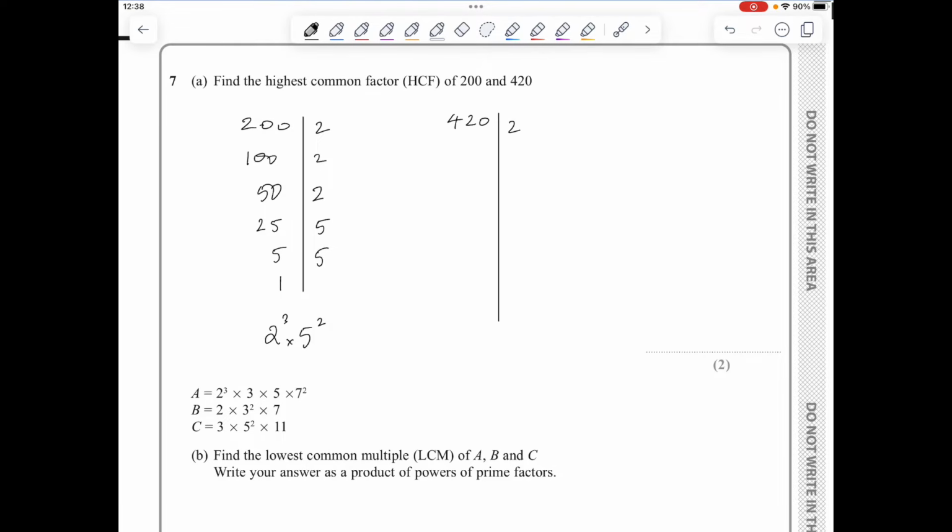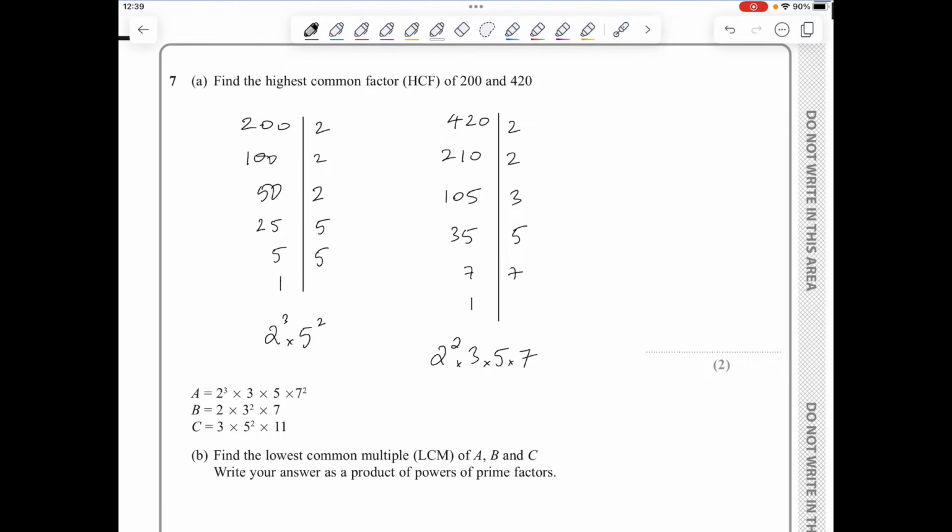Divide by 2 gives you 210. Divide by 2, that's 105. Divide by 3, you get 35. Divide by 5, you get 7. And finally divide by 7 to get 1. So 420 is 2 to the power of 2 times 3 to the power of 1 times 5 to the